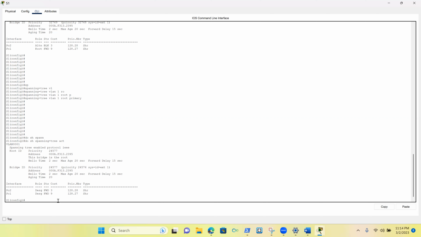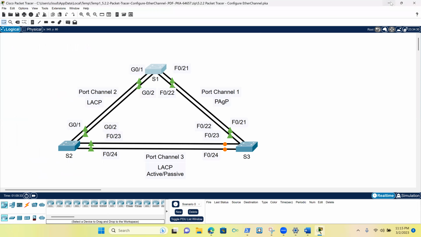The determination of how an EtherChannel is set up is the value of the channel-group number mode command. Valid values: active, LACP is enabled unconditionally. Passive, LACP is enabled only if another LACP